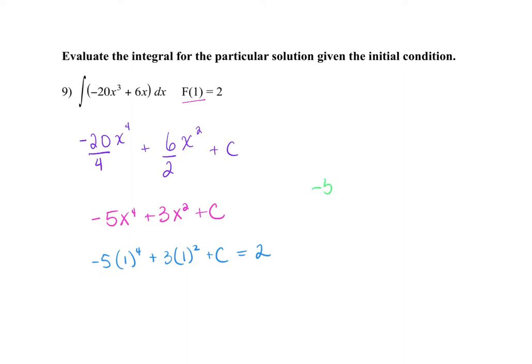We get negative 5 plus 3 plus c equals 2. Negative 5 plus 3 is negative 2. Add over, c is 4. Once I know my c, I just rewrite this guy for a particular solution where c equals 4. So I'm going to say my final answer here is negative 5x to the 4th plus 3x squared plus 4. That is my